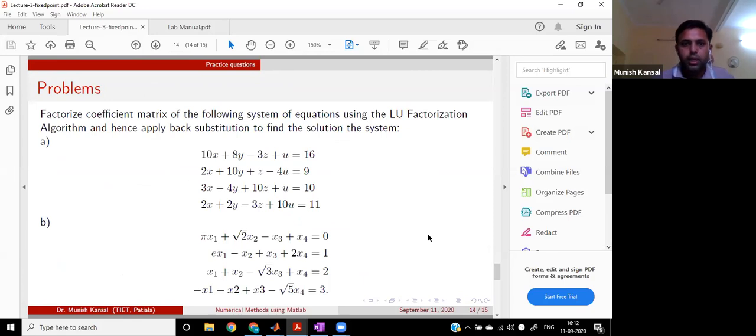So I think I'm done with the presentation and today's topic. We have done Gauss elimination method with and without pivoting, and additionally how to break the matrix into two matrices L and U with the help of LU decomposition. Right, now we can proceed with the questions and answers part, right?